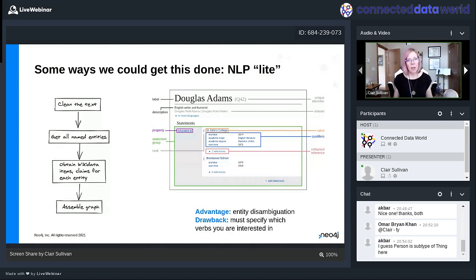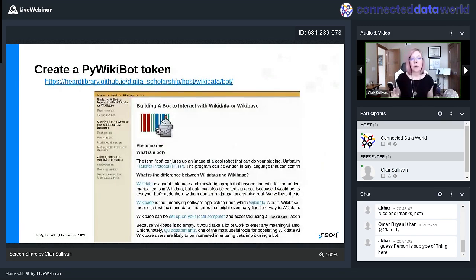Okay. When we do this, again, this is not required for today. This is if you wanted to run the code on your own and create your own knowledge graphs. There's all kinds of different ways that you could get data out of Wikidata using Python, but one of the most common ones is this thing called PyWikibot. It's just a bot that goes and scrapes Wikidata. You have to have an API for it, which you would get through this process. You create yourself an account on Wikidata, and then using that account, you can go in and create your bot.